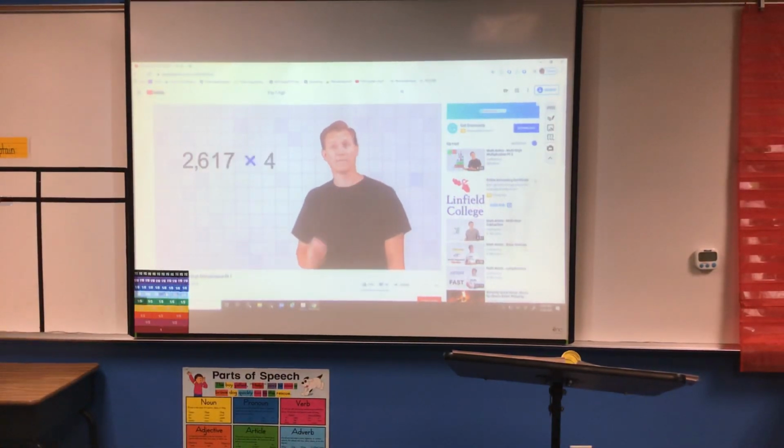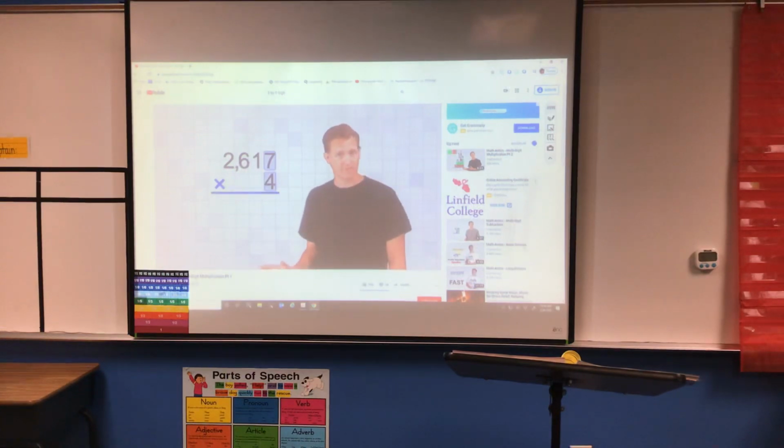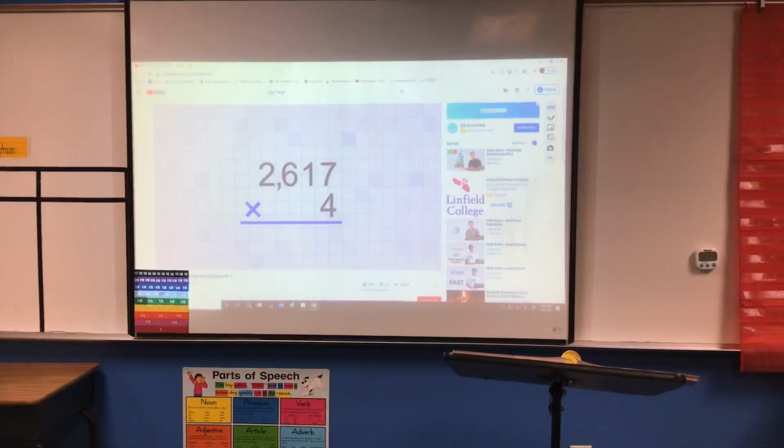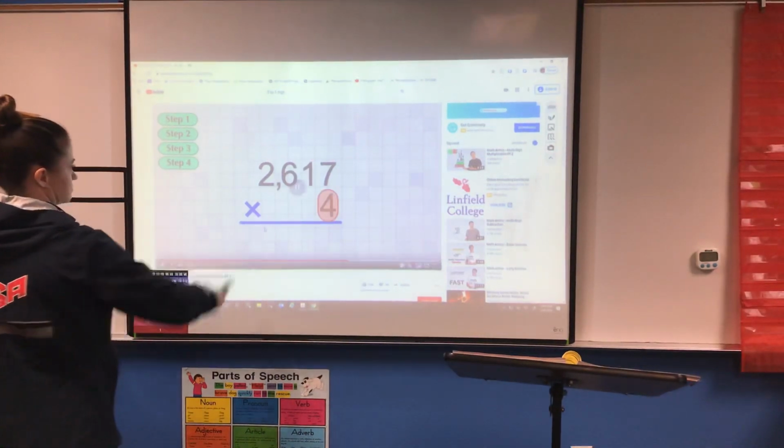Let's multiply 2,617 by 4. Again, we stack our problem with the ones places lined up, and we make sure that the number with the most digits is on top. Because our top number has 4 digits this time, it means we'll break this problem up into 4 small multiplication steps. We'll multiply the bottom digit by each